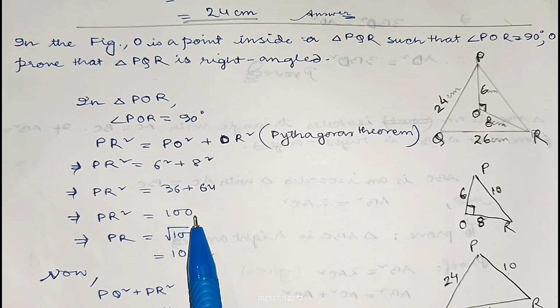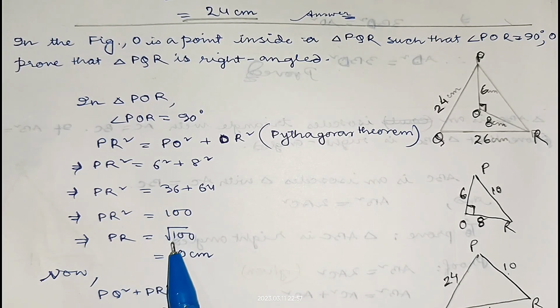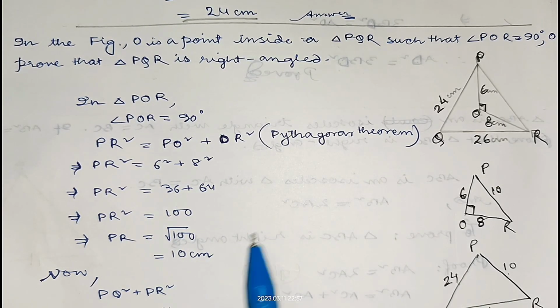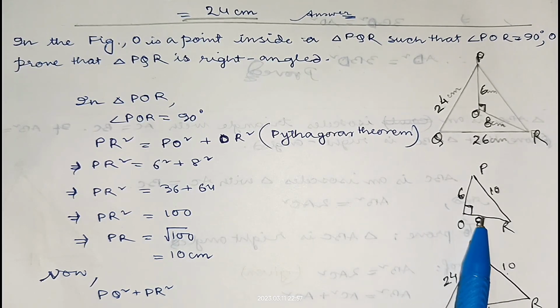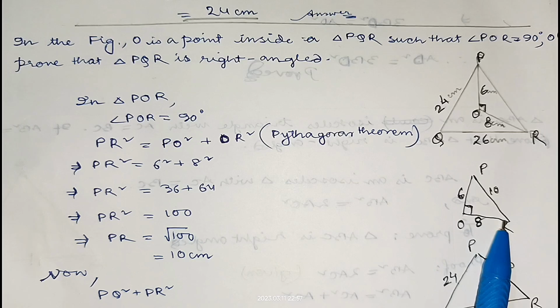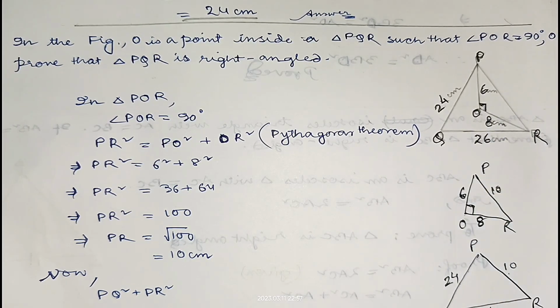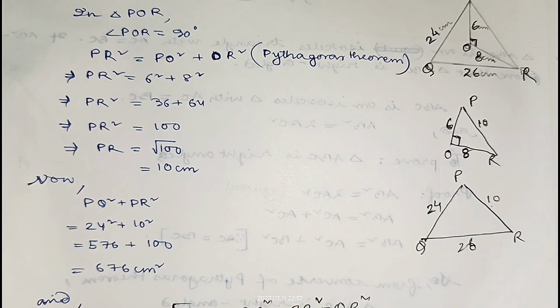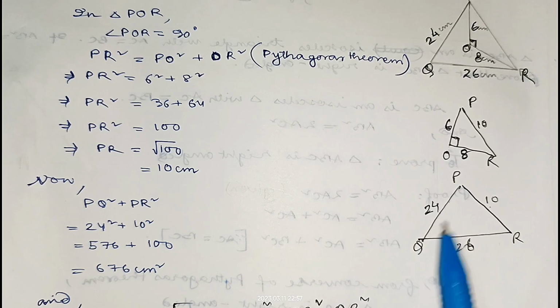If I add, it will be 100, and therefore PR square is 100. So PR will be root over 100, which is 10 centimeters. So in triangle POR, this one is 6, this one is 8, this part PR we got 10 centimeters. Clear? Now in the bigger triangle, that is PQR, this part is given 24, this part